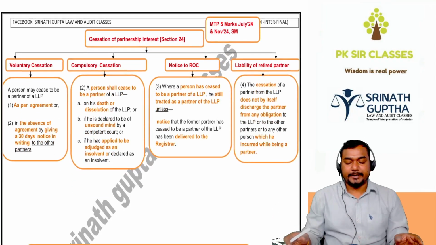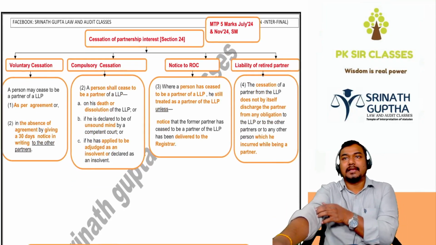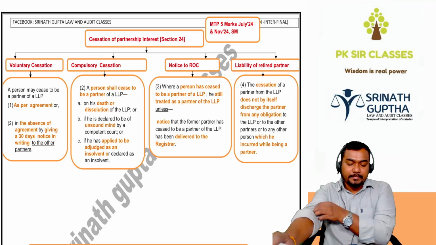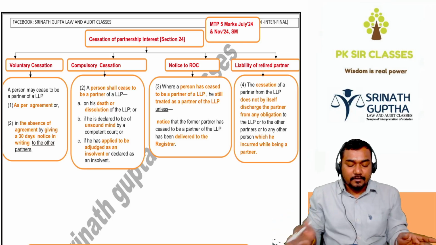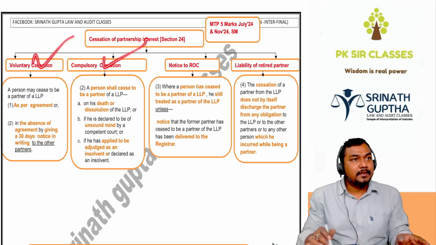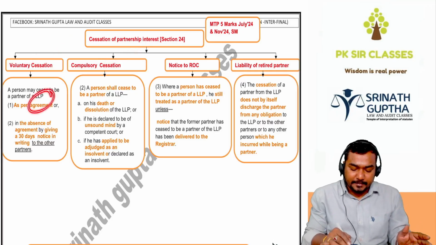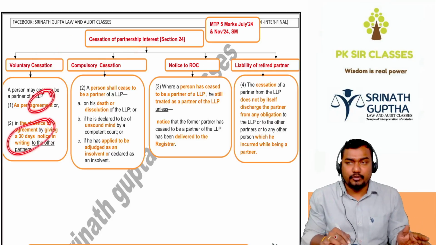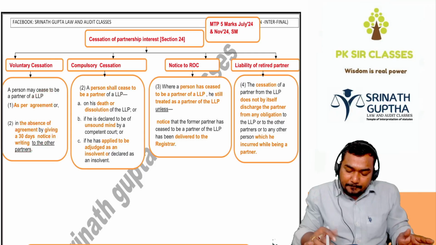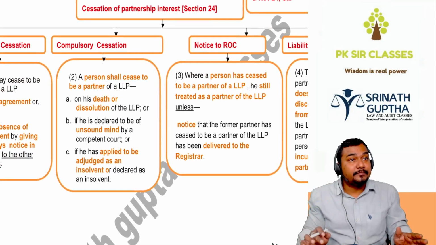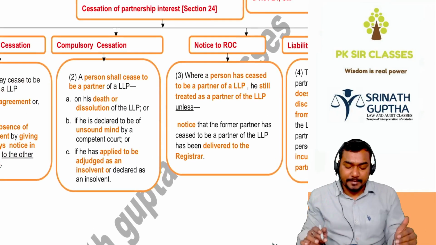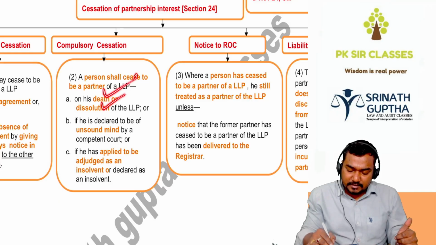Cessation of the partnership interest. So how to retire from the LLP? A partner may retire voluntarily or compulsorily. A partner can retire as per the LLP agreement or, in the absence of an agreement, by giving 30 days' notice to the LLP. And a partner must retire from the LLP in case of death, in case of dissolution of